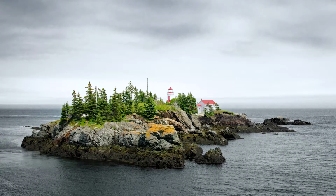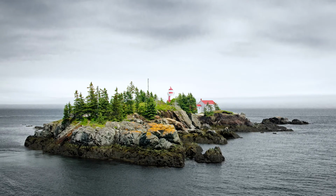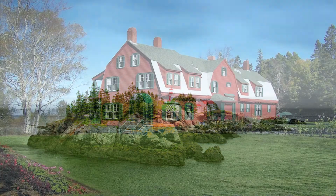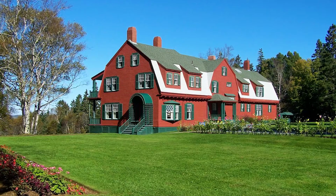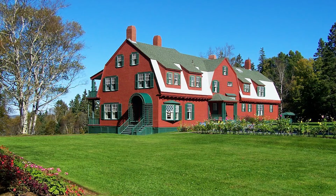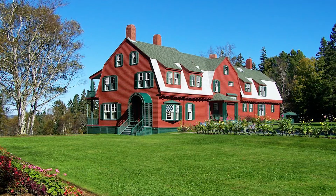This island is located in the Bay of Fundy, just off the coast of Maine. It is one of 3 Fundy Islands known as the Fundy Sisters, the other 2 being Grand Manan Island, which I actually covered in the first video, and Deer Island. One of the most notable things about this island is the fact that the late US President Franklin D. Roosevelt spent his summers here with his family, and the home still stands today and is part of the Roosevelt-Campobello